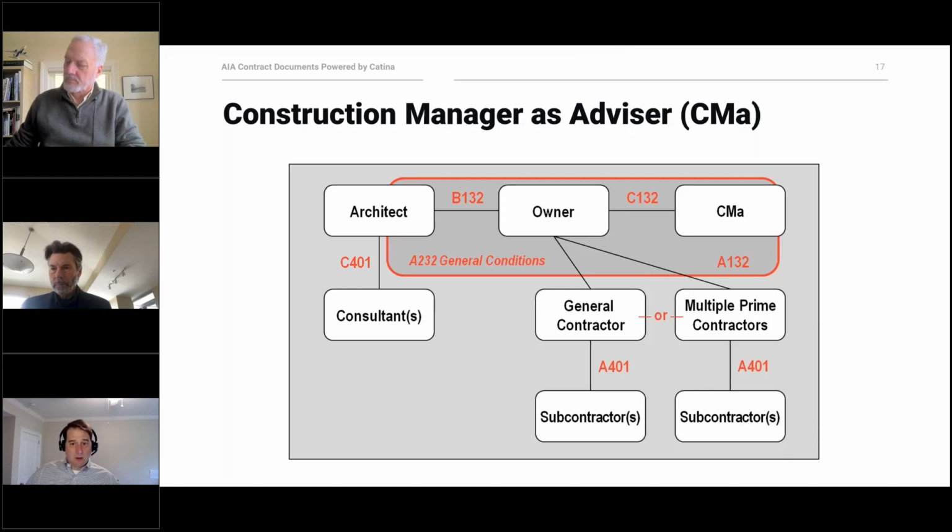And the CMA serves an advisory role. So they are advising throughout the design process, but they're not the party who's ultimately responsible for construction. So while you do have a slightly more informed design process in terms of potential impacts on constructability and other means and methods, since it's a CMA and not the entity that will ultimately build the project, it still has a little bit less of a collaborative feel to it, which then takes us to